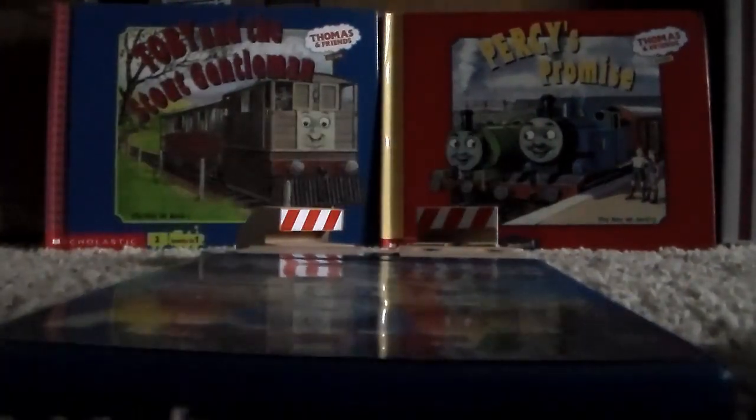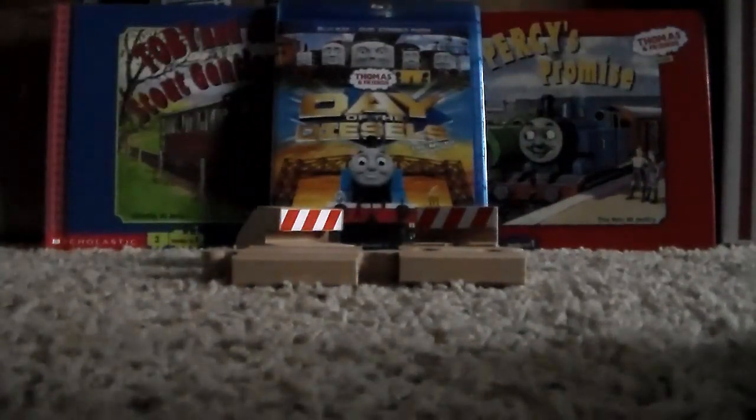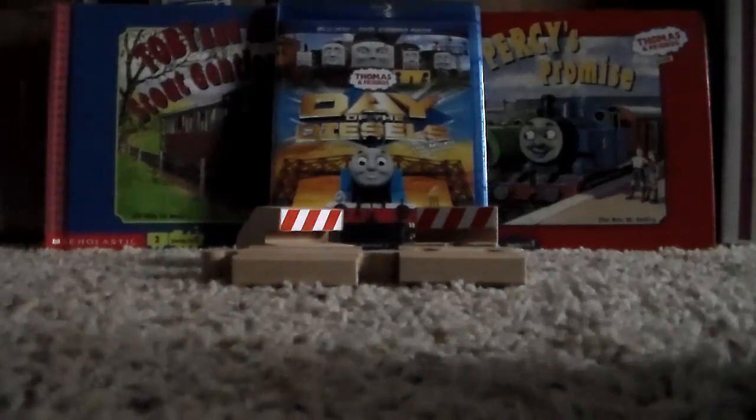I really didn't buy them to read them. I'll be honest, I haven't read the Thomas and the Freight Cars or the Thomas and the Breakdown Train one, and I've had that since last year. I mainly bought them because, one, they're kind of cool, they're kind of collector's items, but also, one day, I do want to